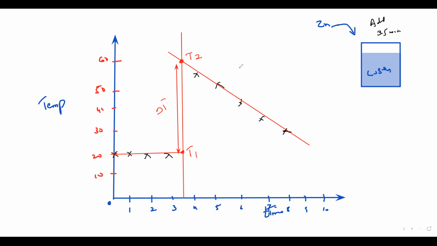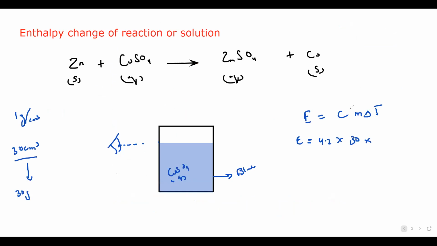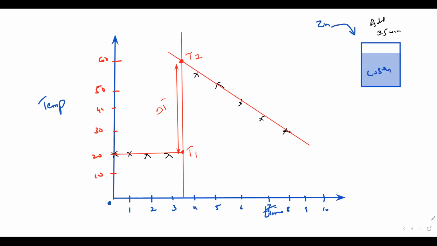So using this concept, we can work out the temperature change, and once we know the temperature change, we'll substitute the value of the temperature change here. The volume of the solution is the same as the mass of the solution, and the specific heat is considered 4.2. So when we multiply these factors, we'll know how much energy is released when this reaction occurs. Is it clear how we can work out the energy change when a reaction occurs in the solution, or the enthalpy change of a reaction? Any doubt in this part?